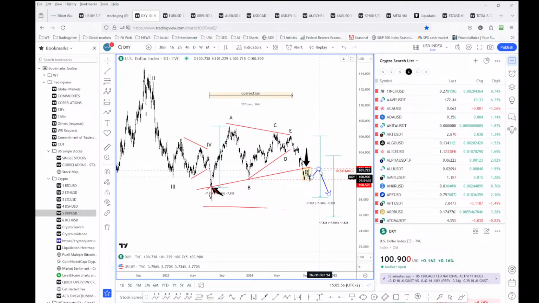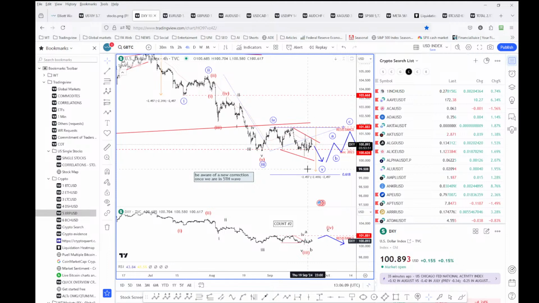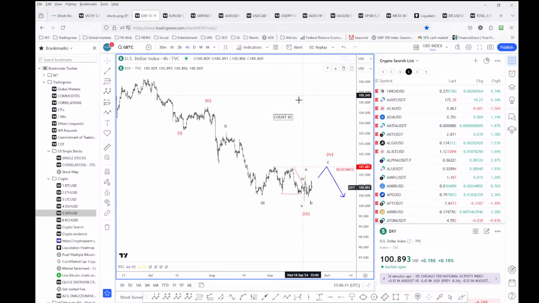So I still think that there will be opportunities to be short US dollar, not at these levels. I just think that much better levels will be here around 102. And basically I'm tracking this wave count